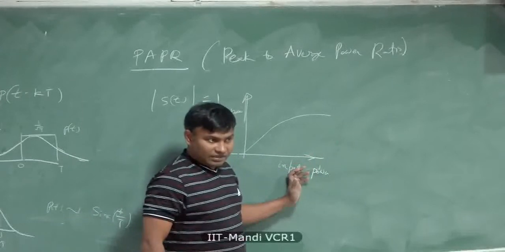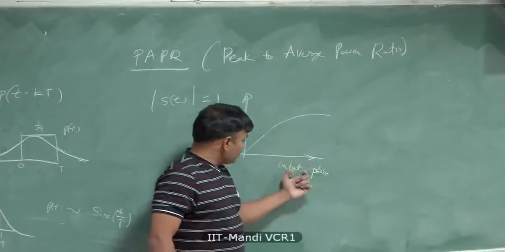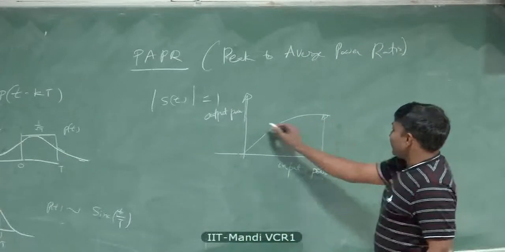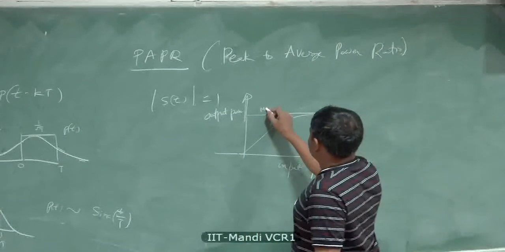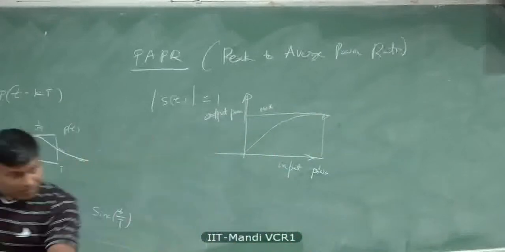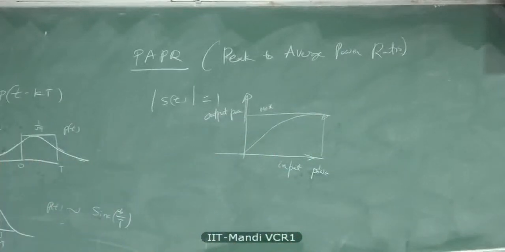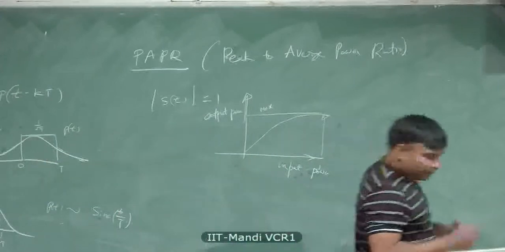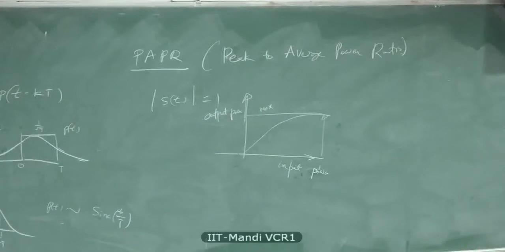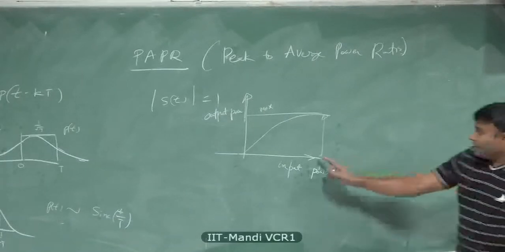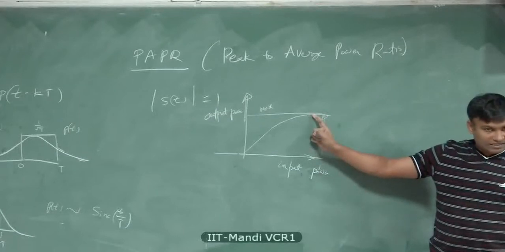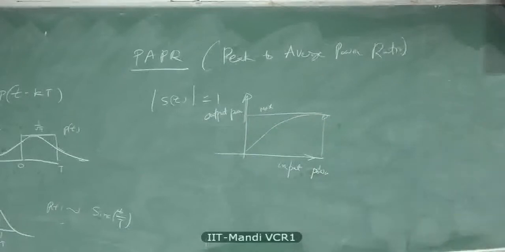These are the characteristics of an RF power amplifier, a class C power amplifier. For so much input power, you get so much output power. I can operate right here and you can deliver maximum power at the output of the power amplifier and transmit it, because you want to transmit at so much power, 10 watts, 5 watts, whatever it is. If the input signal envelope is always 1, then you can operate at this point, just near saturation, and you get maximum power and the signal will not be distorted.